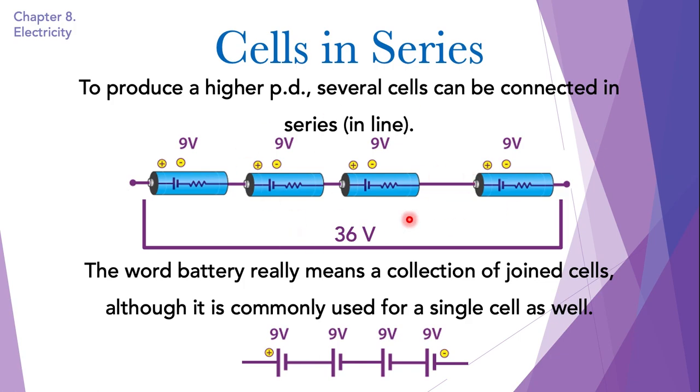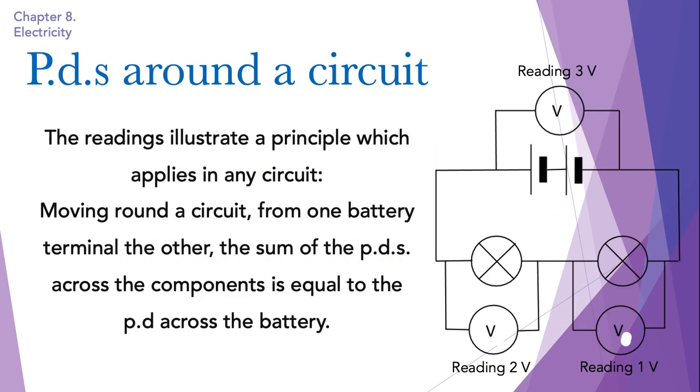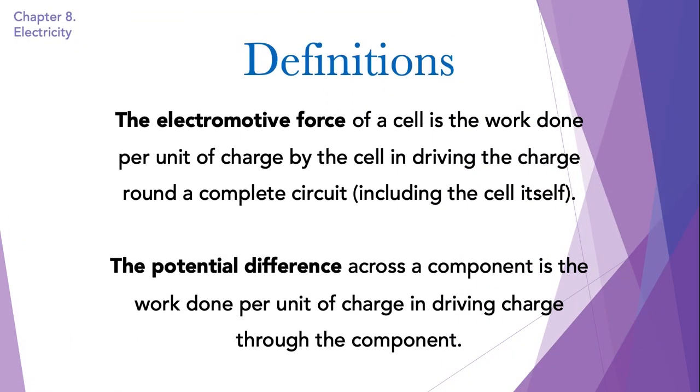The battery is basically cells in series. This is what a battery is. So when several cells are connected in series, in line, they produce a higher potential difference compared to a single cell. So here we have the definitions of some of the things we learned here: the electromotive force and the